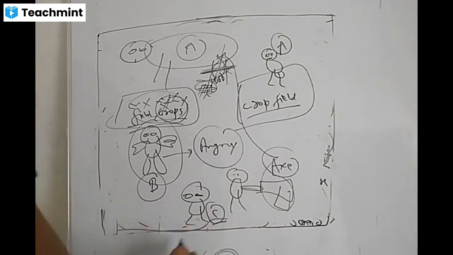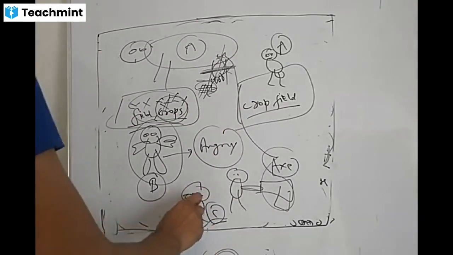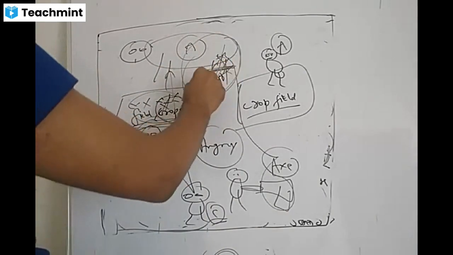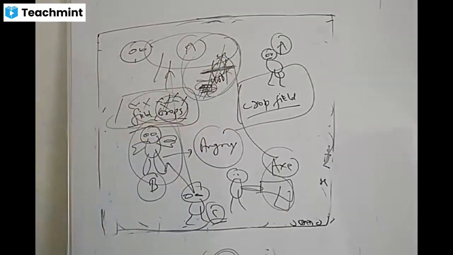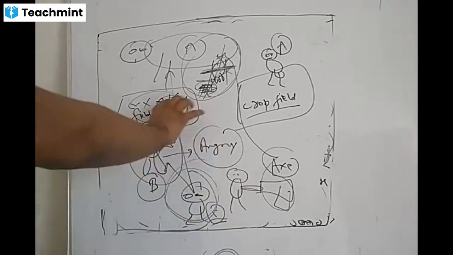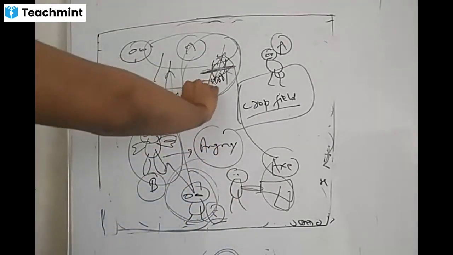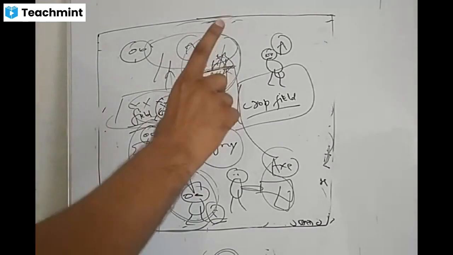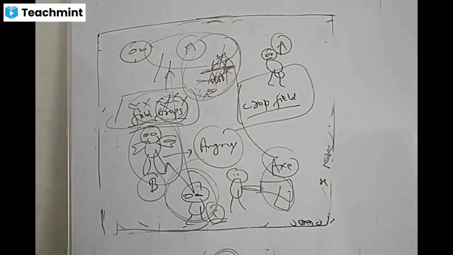There is a person C. This person directly sees person B cutting the tendon and stabbing the udder. So this person will go to the court and say in front of the judge that he actually saw the incident itself. In front of the judge, person C will tell that person B was cutting the tendon and stabbing the udder. So this is your direct evidence.